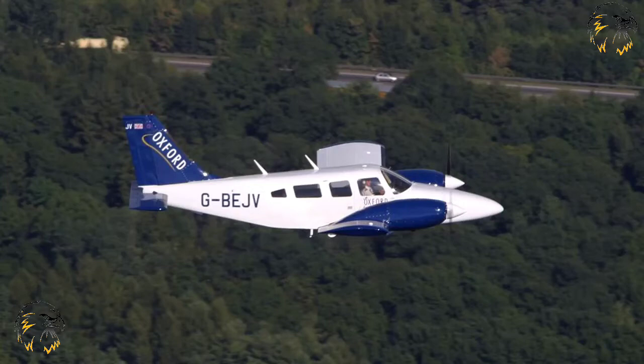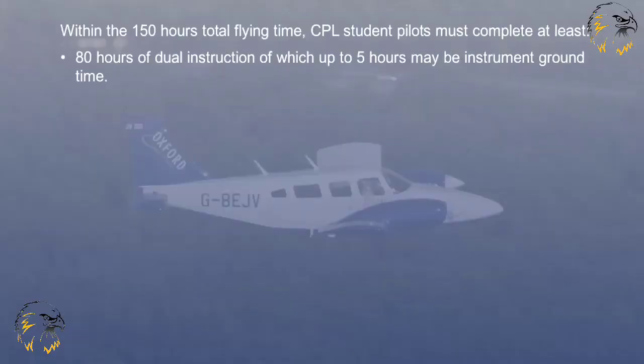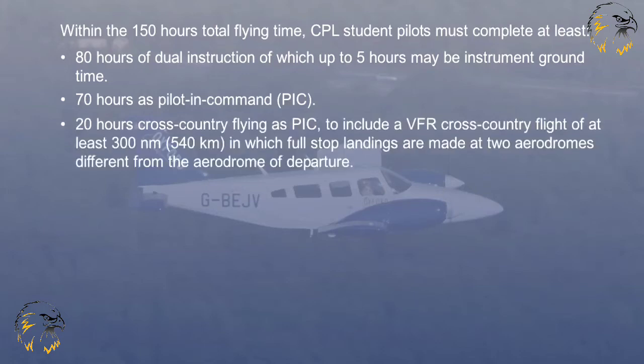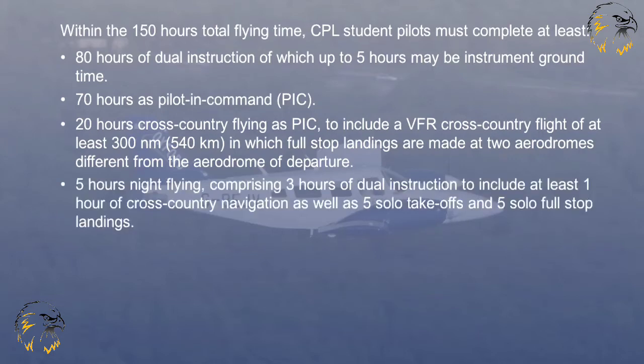Within the 150 hours total flying time, CPL student pilots must complete at least 80 hours of dual instruction, of which up to 5 hours may be instrument ground time, 70 hours as pilot in command, 20 hours of cross-country flight as pilot in command, including a VFR cross-country flight totaling at least 300 nautical miles, that's 540 kilometres, during the course of which full-stop landings are made at 2 aerodromes different from the aerodrome of departure,